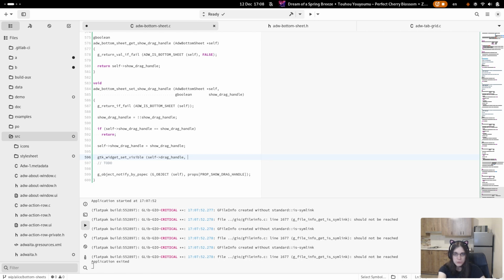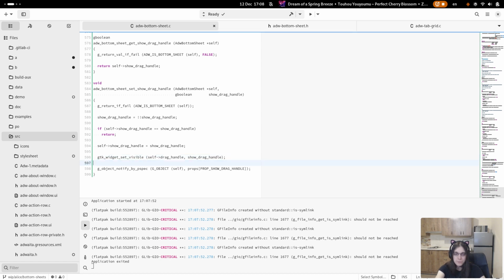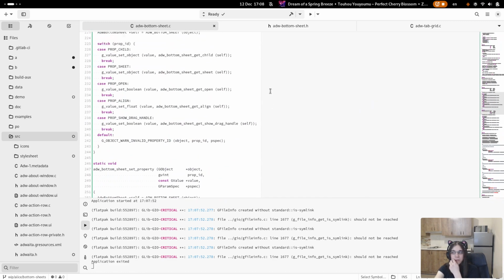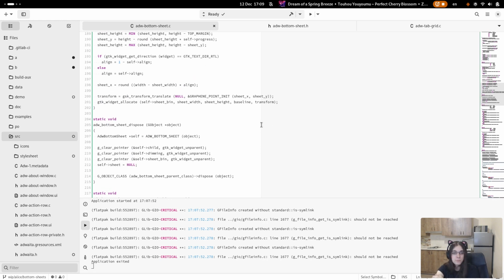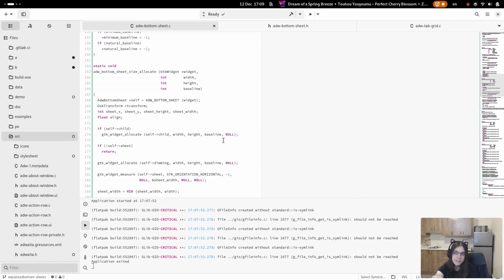Here I'll just use set visible because if sizing changes it's fine. This is just a thing in the app that changes. It hopefully just sets it up once when creating the sheet and never changes again. So if it changes sizing, it's fine compared to opening and closing the sheet, where the user does it, not the app. There I want to avoid spurious size changes, but here it's fine.